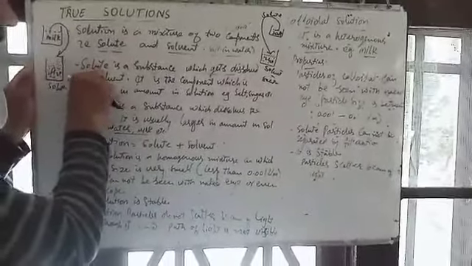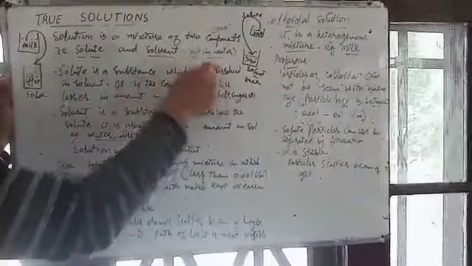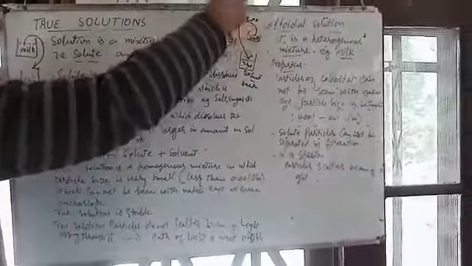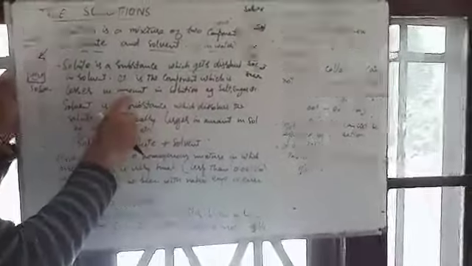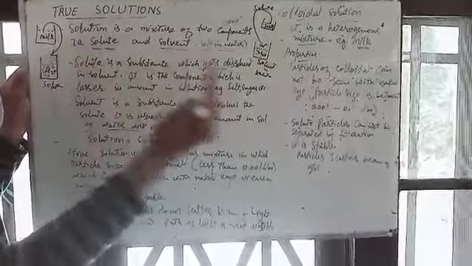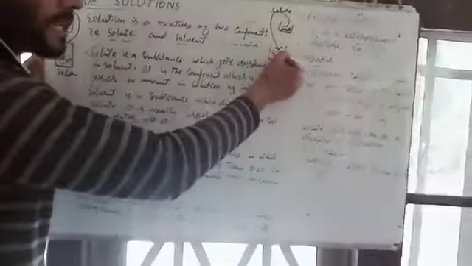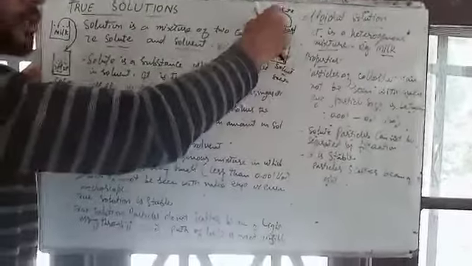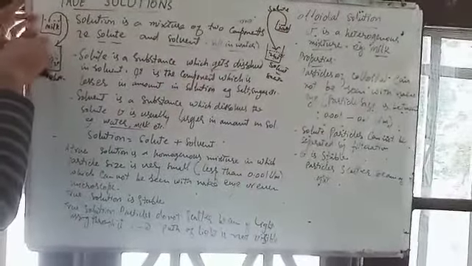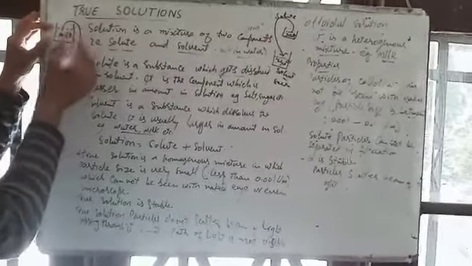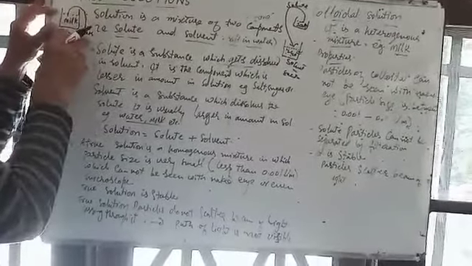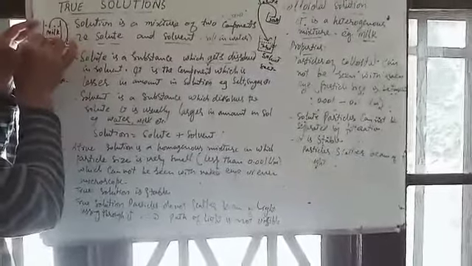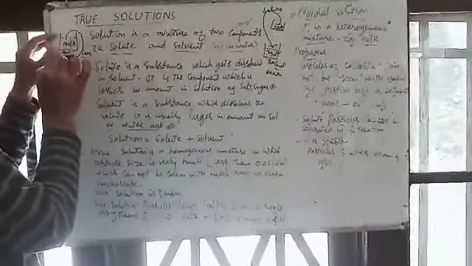I wrote here that solute is a substance which gets dissolved in solvent. That means the solute gets dissolved, and another criterion is that it is the component which is lesser in amount. That means the substance which is very less. Salt is less than water. That is why salt is solute. Here I dropped only 1 teaspoon of milk into the water. That means the content of the milk is less than water. Water is the full glass and milk is very less, 1 teaspoon. That is why milk can be considered as solute here.